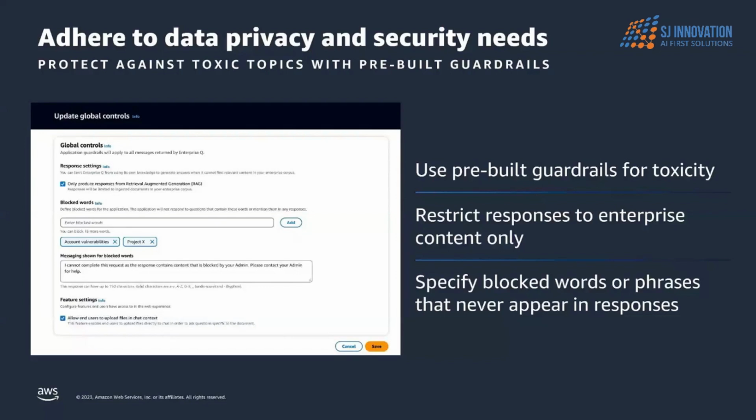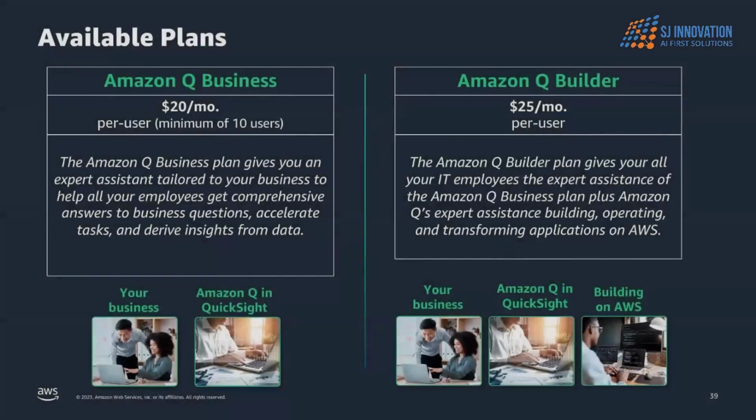Also, you can specify certain block words. Even if you have access to certain data, let's say in the note section we have many access keys and passwords stored, as a best practice you don't want Amazon Q to return this data in the response, even though you have the access, like developers have the access. So you can specify those kinds of things so that access keys and all are not given out in the responses.